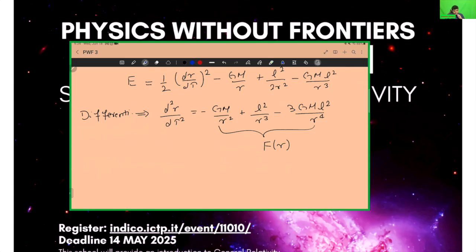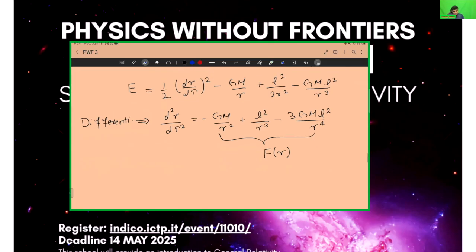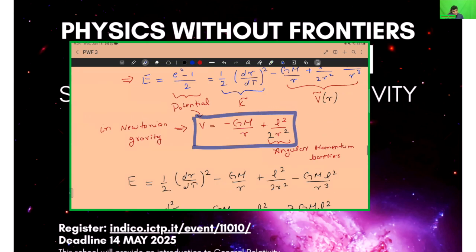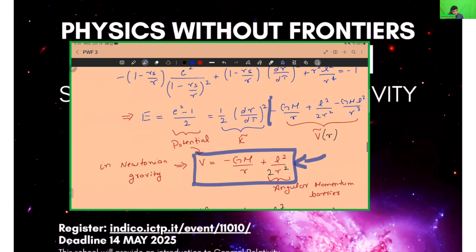Now let's compare this potential that you get from Newtonian gravity and this potential that you get from the Schwarzschild geometry. Okay. So how do they look? If you plot